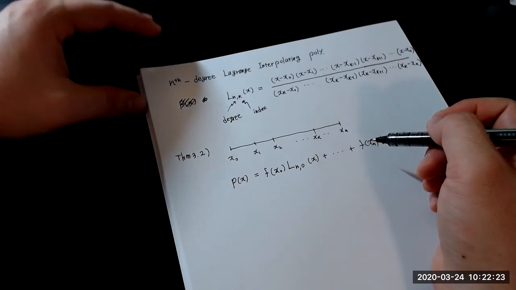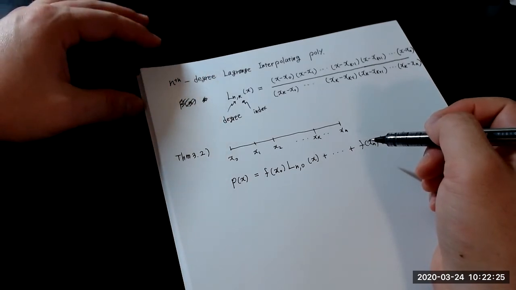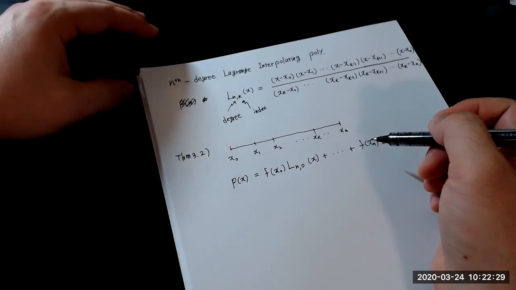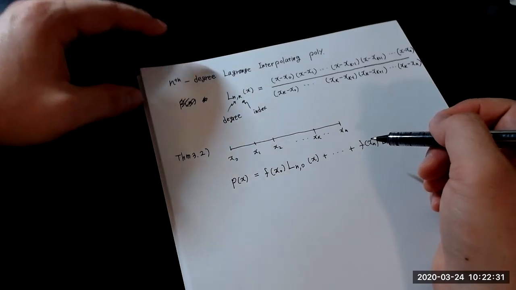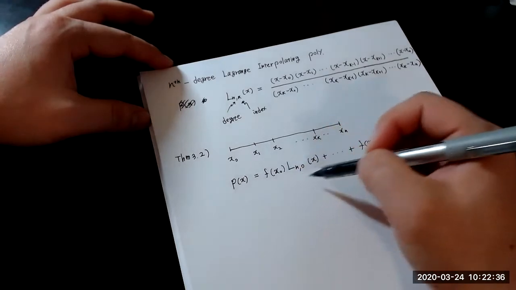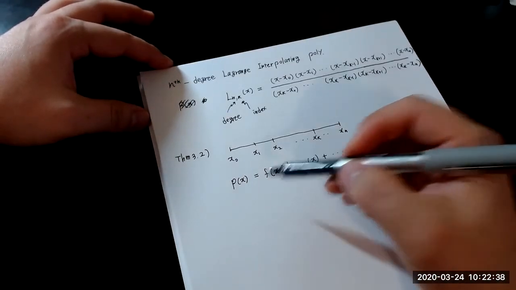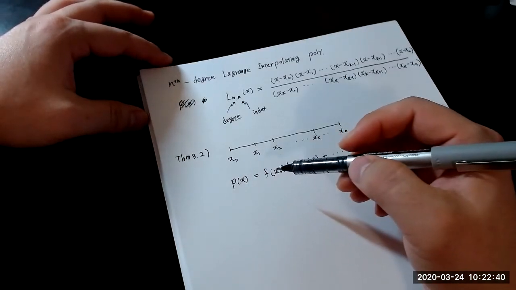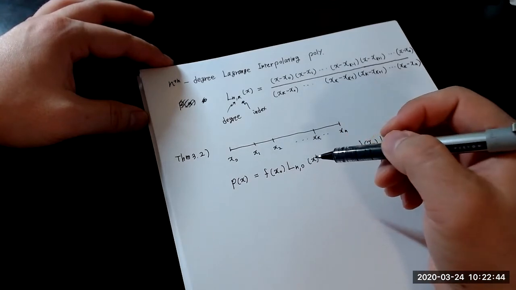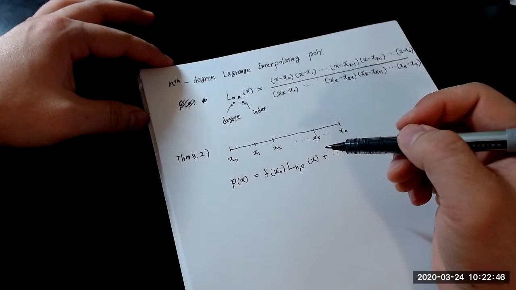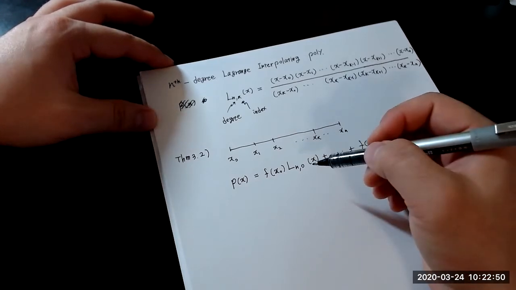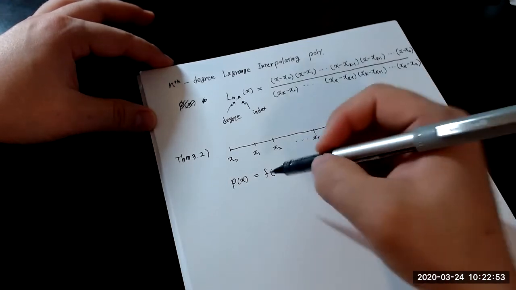We assume that we know the function values at those specific nodes x0 to xn. Once we construct p(x) like this, then p(x) is the unique polynomial of degree n satisfying f(xk) equal to p(xk),